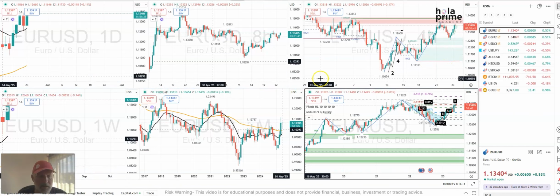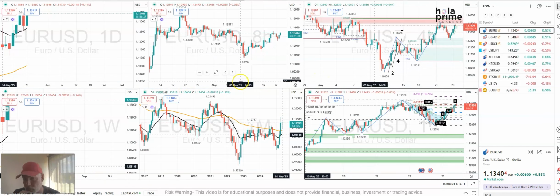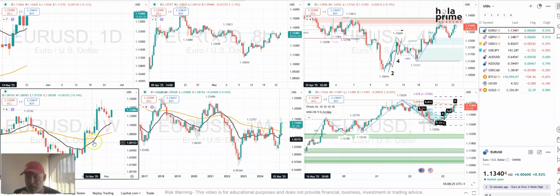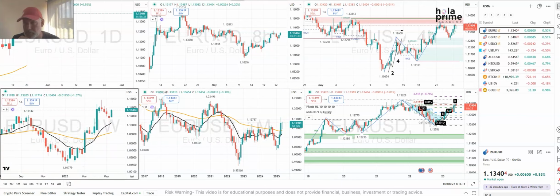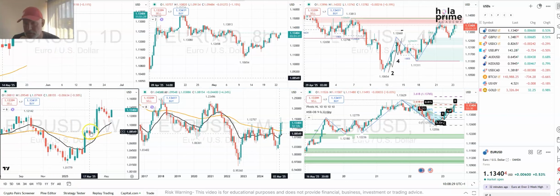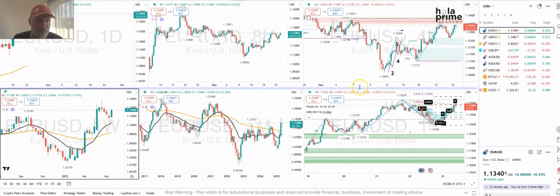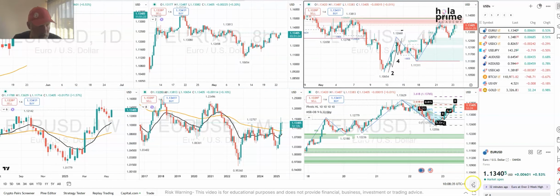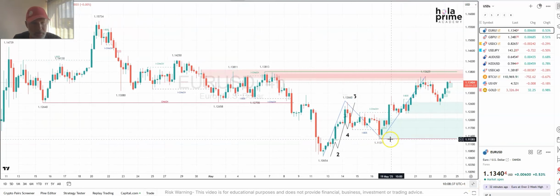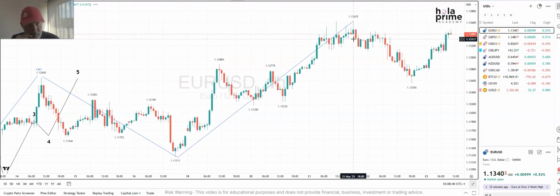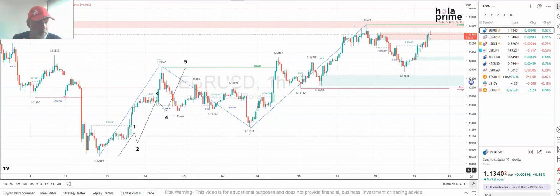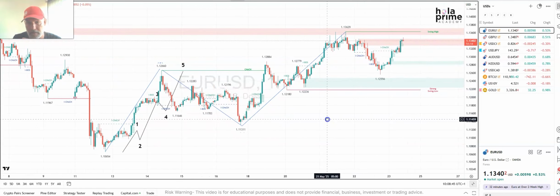So let's see what I believe is happening in the US dollar. If we look at the weekly chart, just pull this one in, opposite to DXY, 1, 2, 3, 4, 5. So we're now in this choppy correction to the downside. I just want to talk about this chart to start with. This is the 4-hour chart. I'm just going to change time frames because I want to be able to explain what I'm seeing inside these